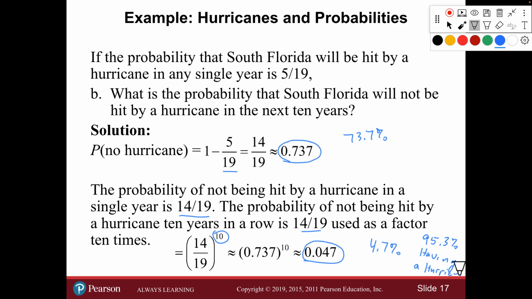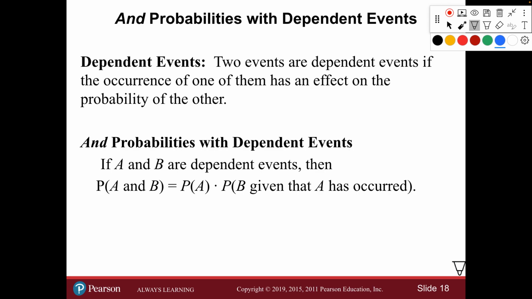In 10 years, at least one hurricane in a 10-year span. So very likely that we would have that. Hopefully it would be a mild one. But anyway, so getting into dependent events and